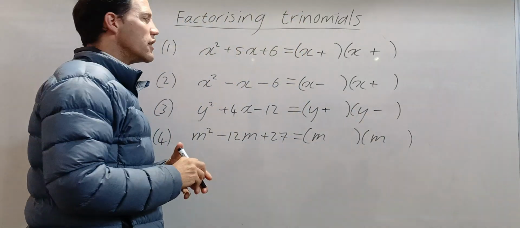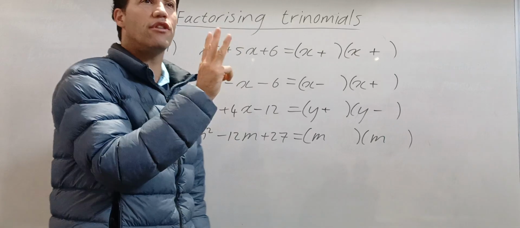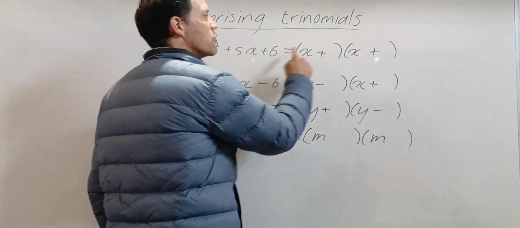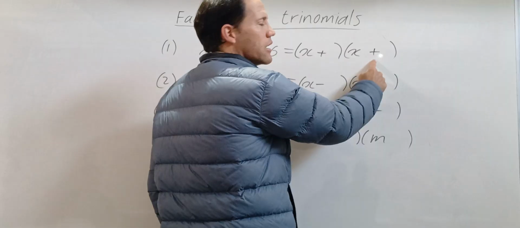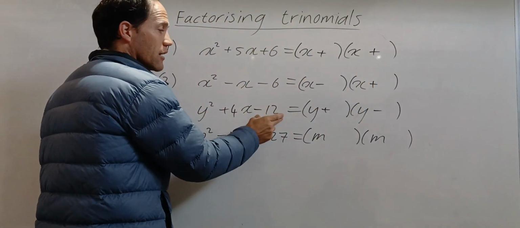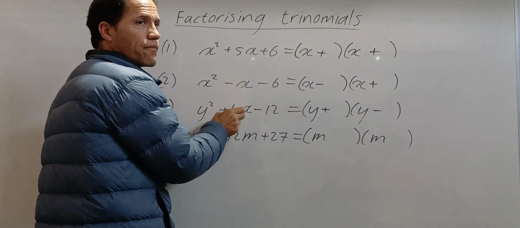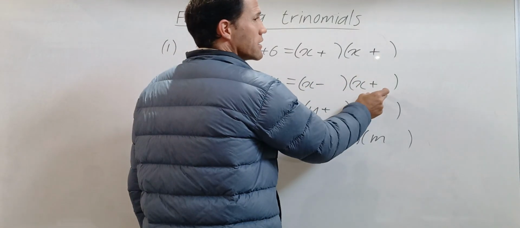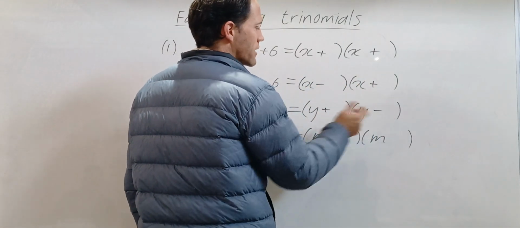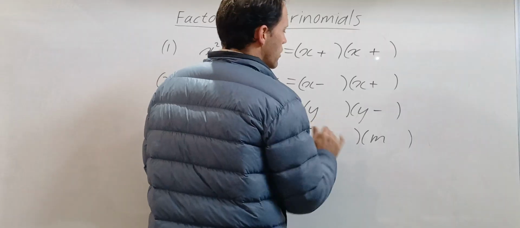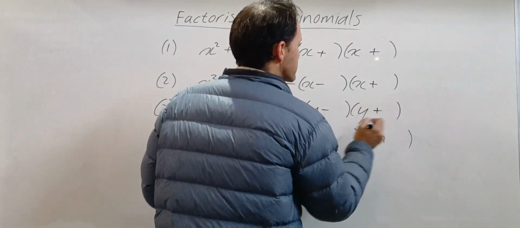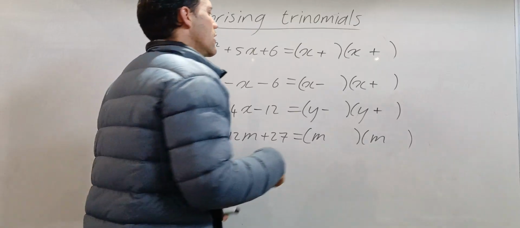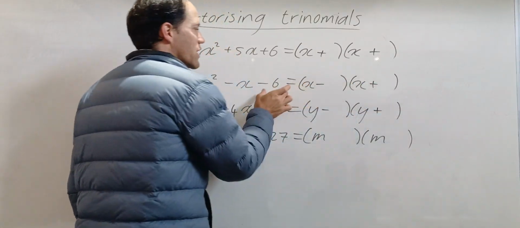Whenever, the rule is, there's actually only three options. If it's a plus and a plus, you will have plus and plus. If it ends with a negative, doesn't matter what it starts with, then you will have a minus and a plus, or a plus and a minus. Doesn't matter. We can swap it around. We can say minus and plus. Doesn't matter which side you put the minus and which side you put the plus. But it will have a minus and a plus if it ends with a minus.